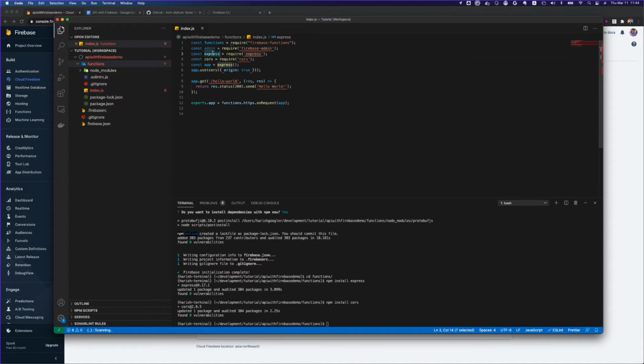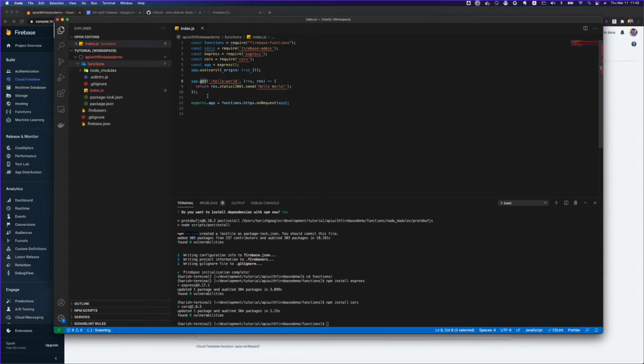And then there is another constant called express. This is just to get access to Express, and with this we will be creating an Express app. And then we have cors, and then we created a constant app which is express, and we set up cors origin equal to true, and this is where we create an API. Right now I'm directly creating app.get, post or delete kind of APIs using this function, but you can absolutely use Express routing.